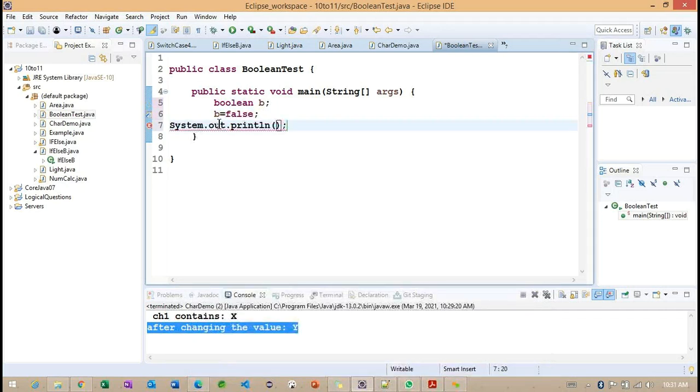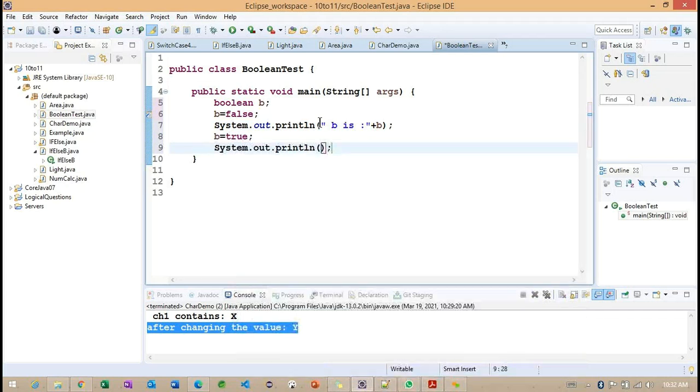Now I'm going to print the statements here. So something called b is, here b. Right. And b is equals to true. So b is equals to true, I'm trying to print here. The same thing I want to print here.